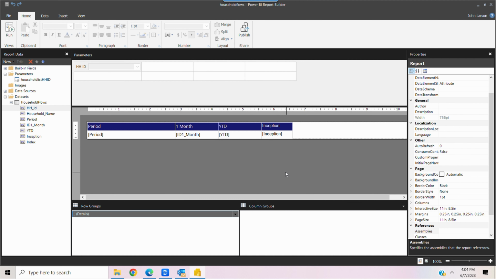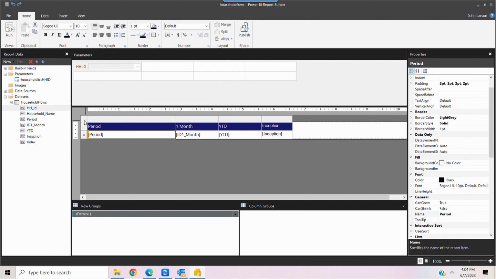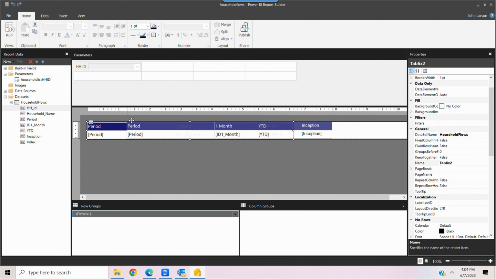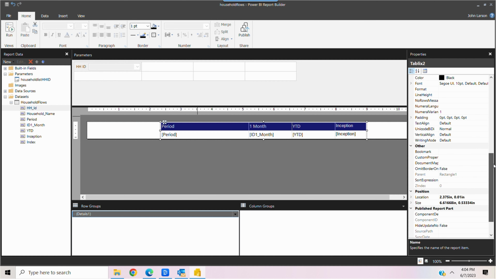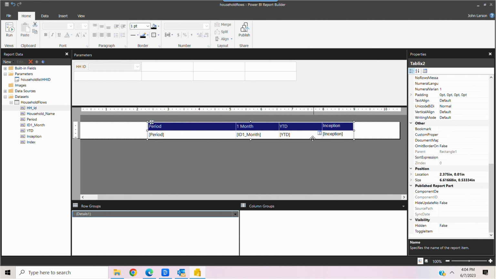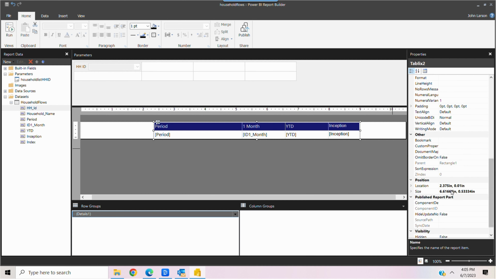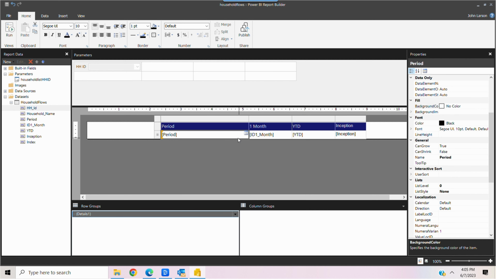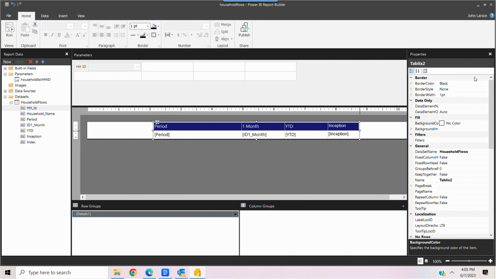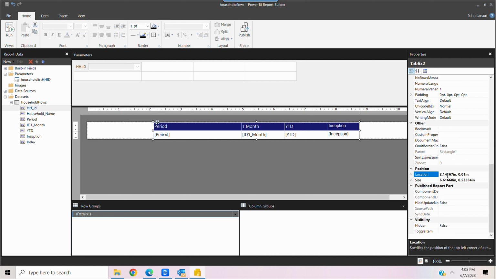As far as the horizontal positioning of the table, we could leave it where it is, or we could slide it over to the right side of the report. We could also center it. And to center it, to be exact, the best way would be to view the width of the table. If we look at the width of the table, it's about 6.61 inches wide. Our report is 10.5 inches wide. So to have this table centered, we would need it set up so that it is 1.94 inches from the